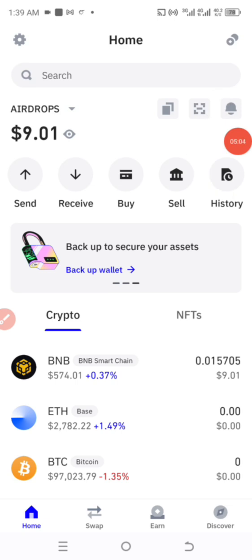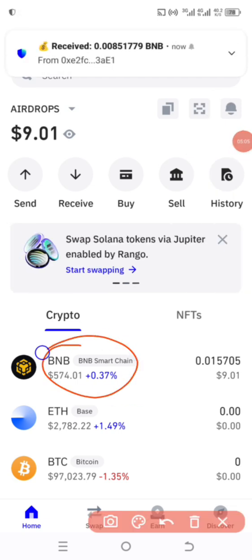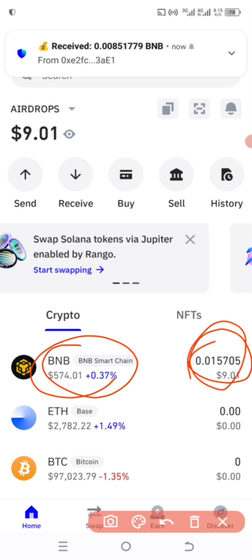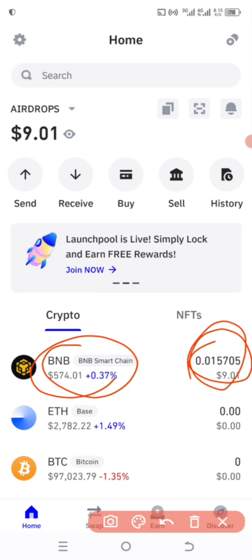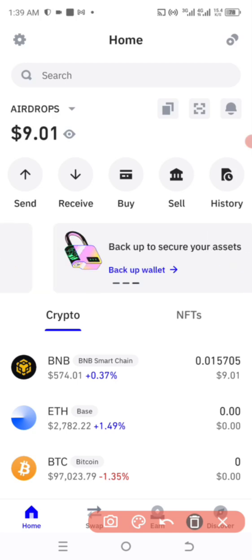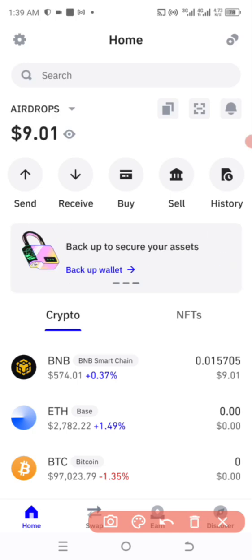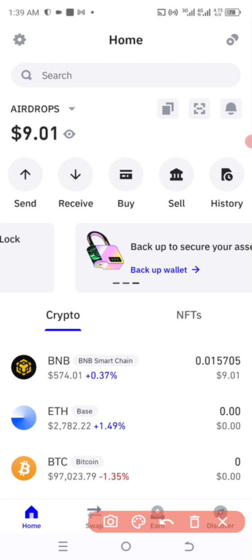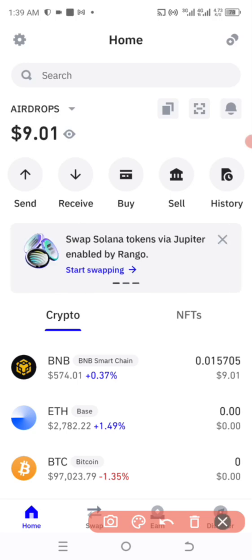You can see it has been added. Now I'm having $9. Okay, if you send $6. Okay, send $6. So now I need to swap from